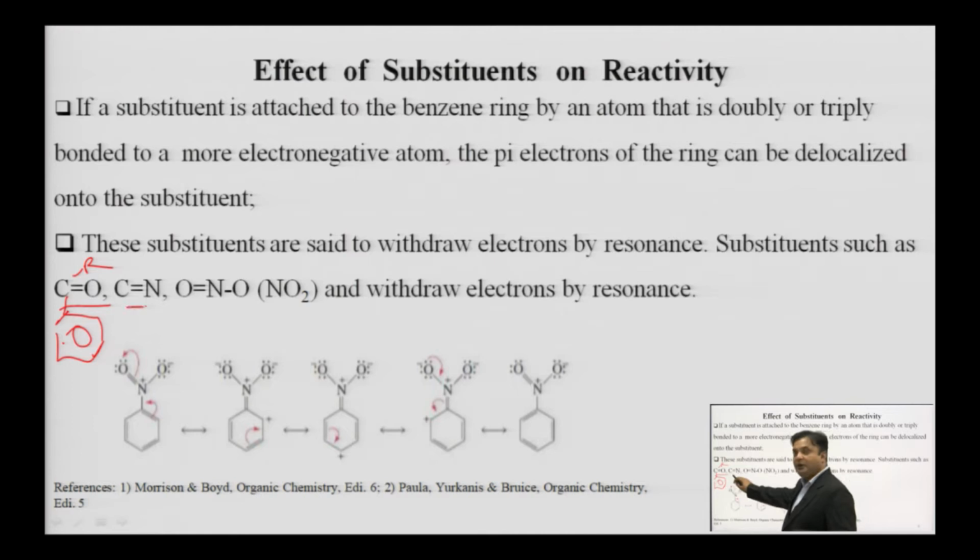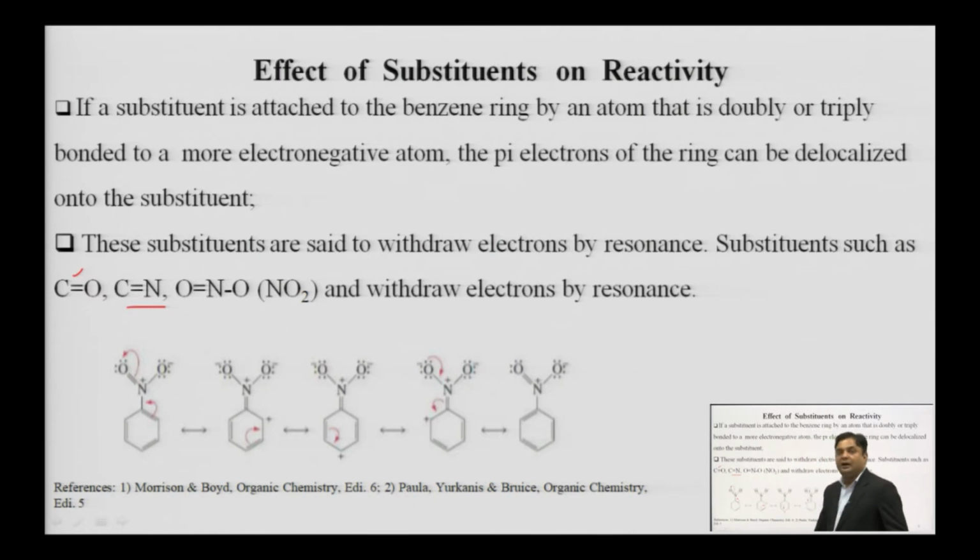Again, take the example of C double bond N. If carbon is bonded to the benzene ring, as in the case of COR, again it is also bonded to the nitrogen, which is more electronegative than the carbon, and it is bonded by a double bond to the carbon. So, it will again show the -R effect. Take the example of NO2. These all have the -R effect. Okay. So, how electron withdrawal by the -R effect takes place, as you can see,